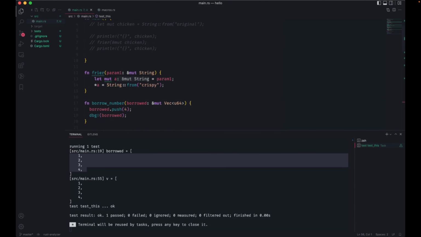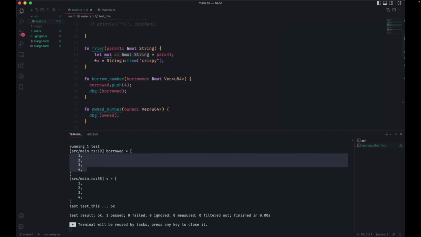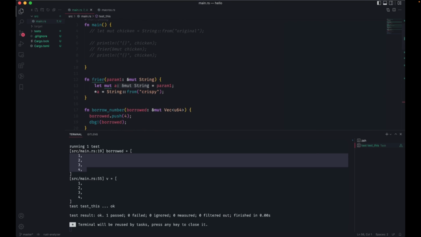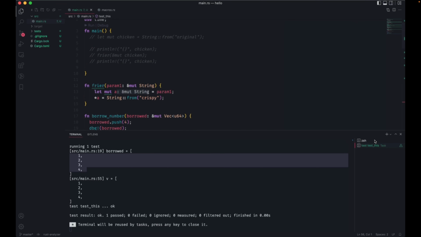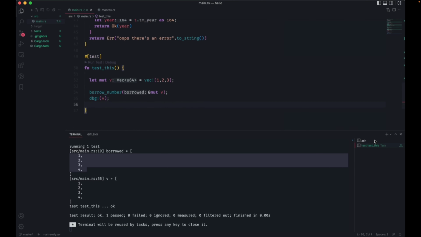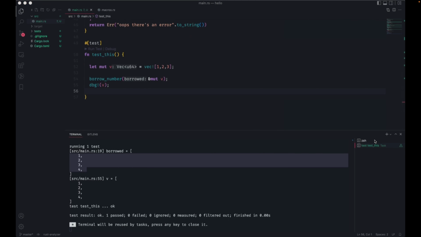I'll stop here for questions because the next thing I'm going to do is similar. Just to clarify, somebody? I wanted to ask, so you can reference an owned variable multiple times with no consequence.